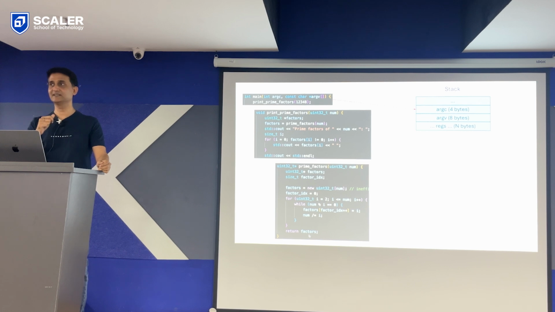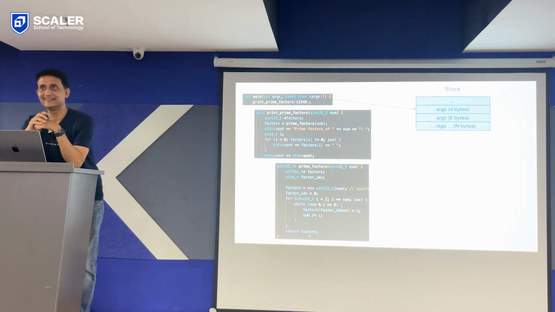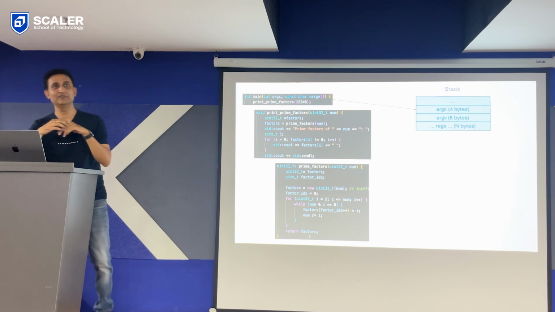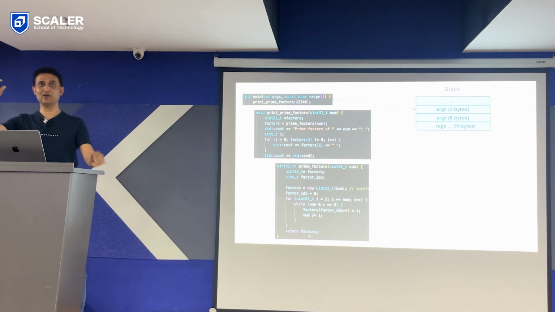So the question is, in something like Python, a dynamic language, what is the difference between a dynamically typed language and a statically typed language? Types are dynamic. Types are not known at compile time for dynamic languages, right? Which means that dynamic languages, along with the value, always need to carry some metadata which captures the type of that. So in Python, if you have i equal to 10,